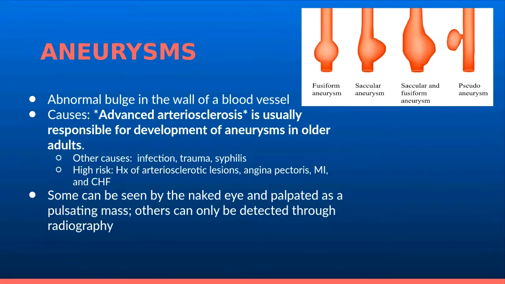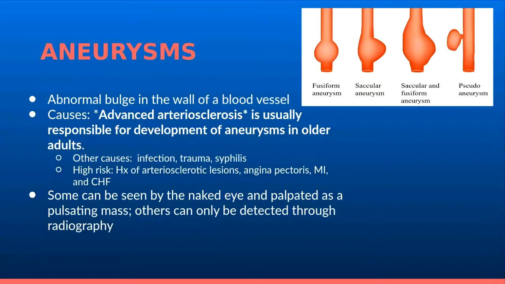Aneurysms. So aneurysm is another vascular condition that we may see in older adults, and it occurs when part of an artery wall weakens, allowing it to balloon out or widen abnormally. The picture on the top right corner shows some of the different types of aneurysms. Advanced arteriosclerosis is usually responsible for the development of aneurysms in older adults because, as we mentioned earlier, as we age, there's plaque buildup in the vessels,